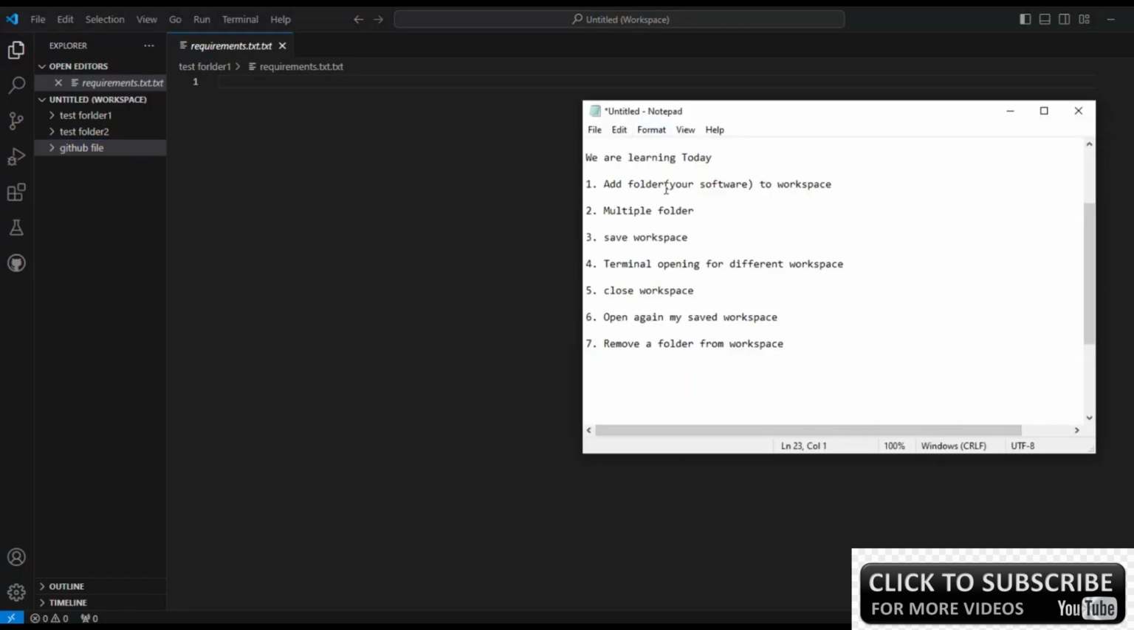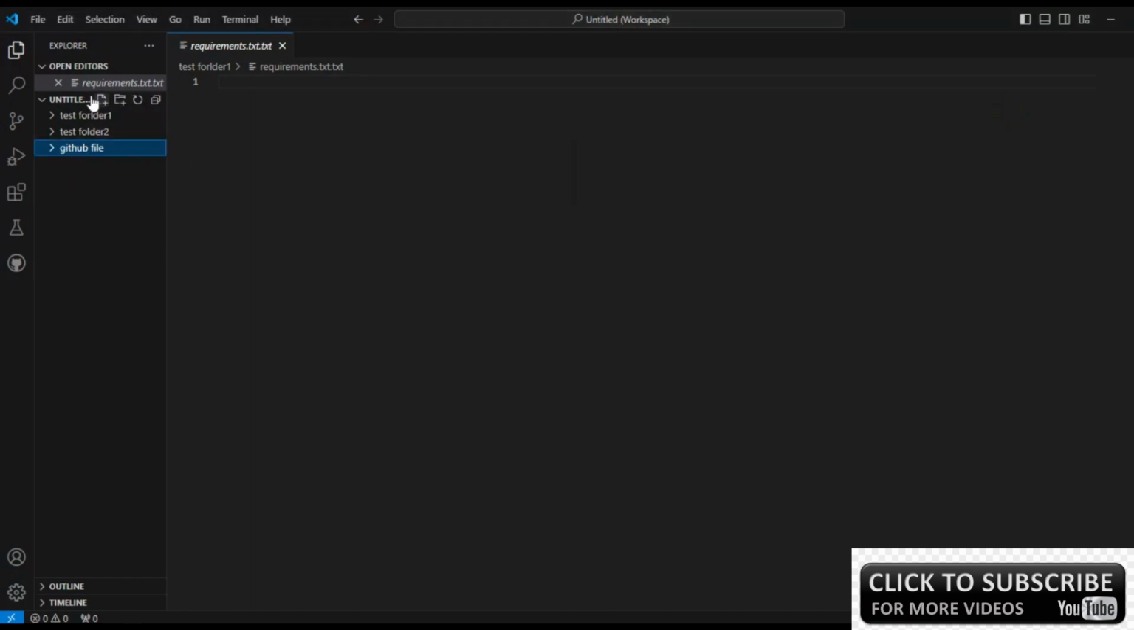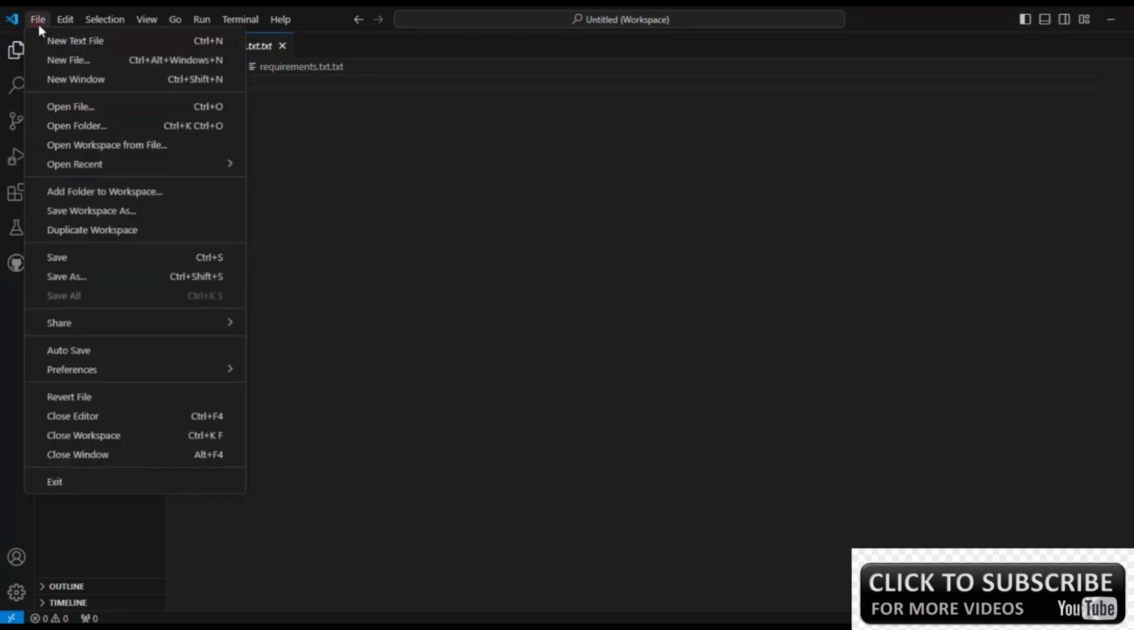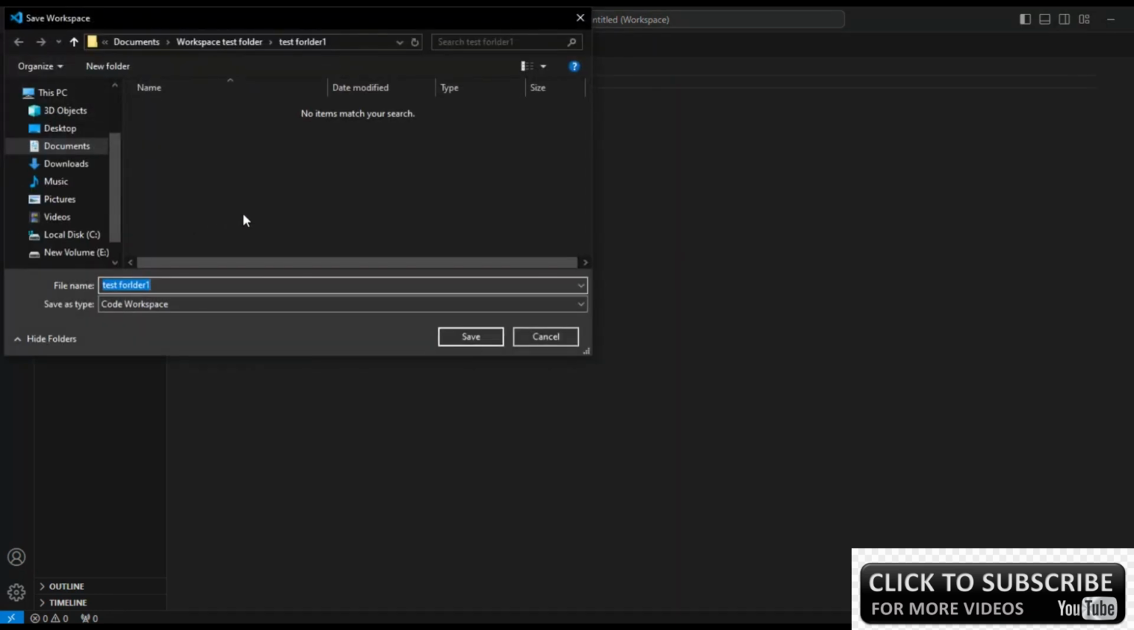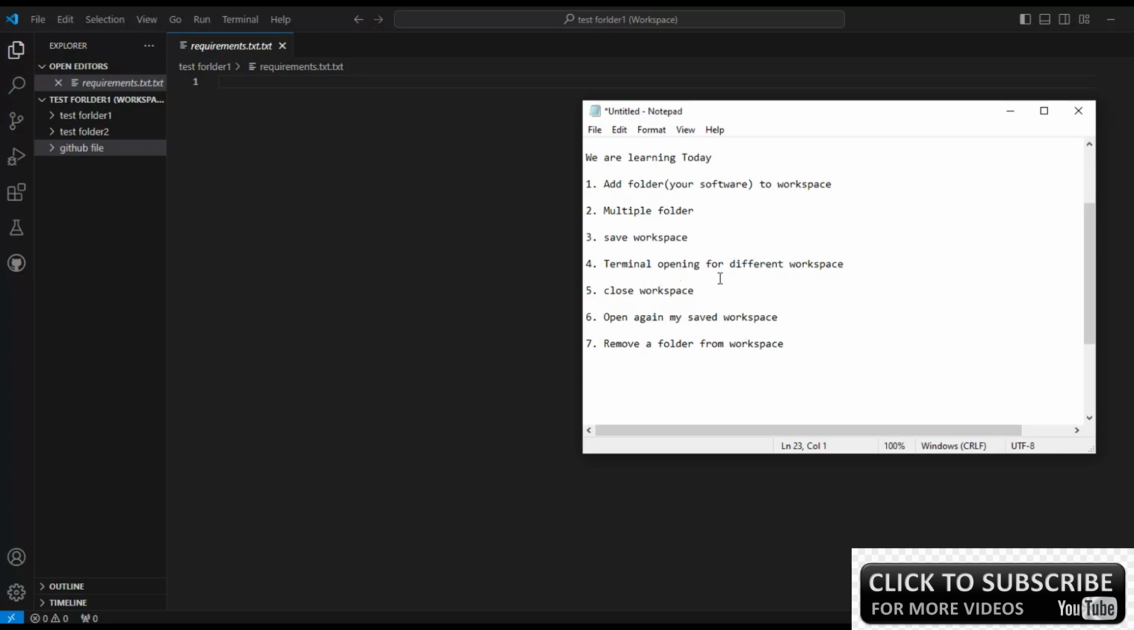Now, how to save workspace? Let's save this workspace. After editing and modifying, just click on Save Workspace and choose your folder. I will save here. Okay, now